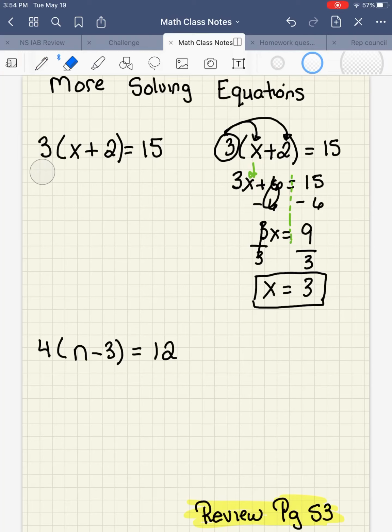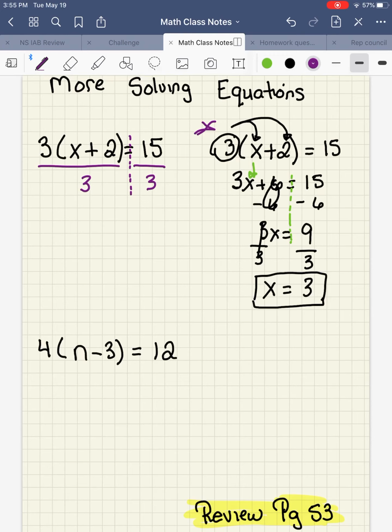The way that we're getting rid of the 3 over there is by multiplying it through, so the parentheses are gone and the 3 joins up with the x. But if we look over here at the other side of the equation, the 15, well, 3 and 15 do have a relationship. I can divide 15 by 3. And so here's the tricky part. If I divide both sides of the equation by 3,